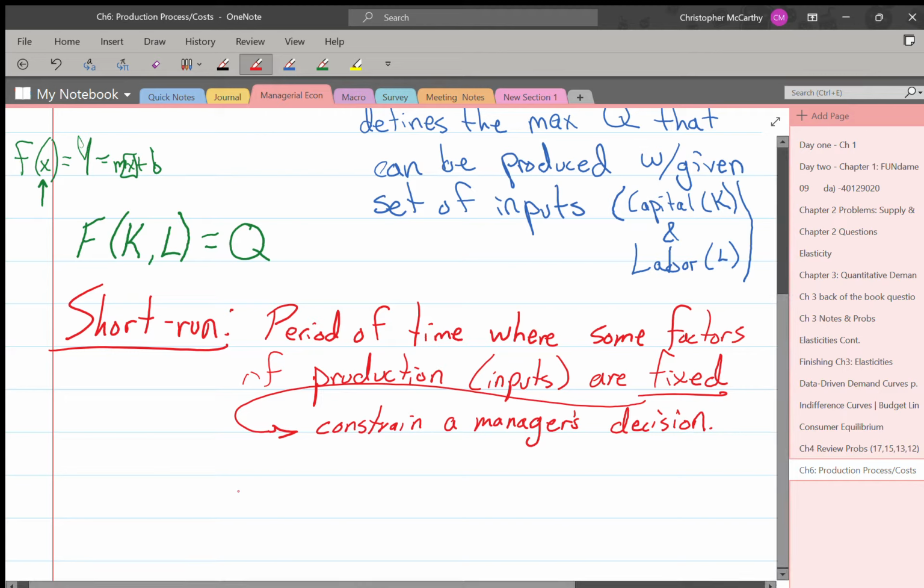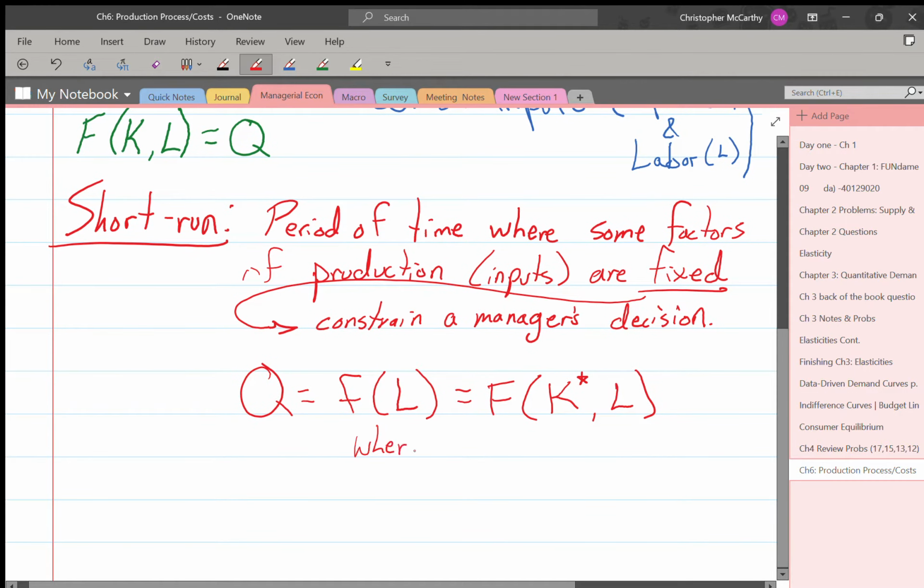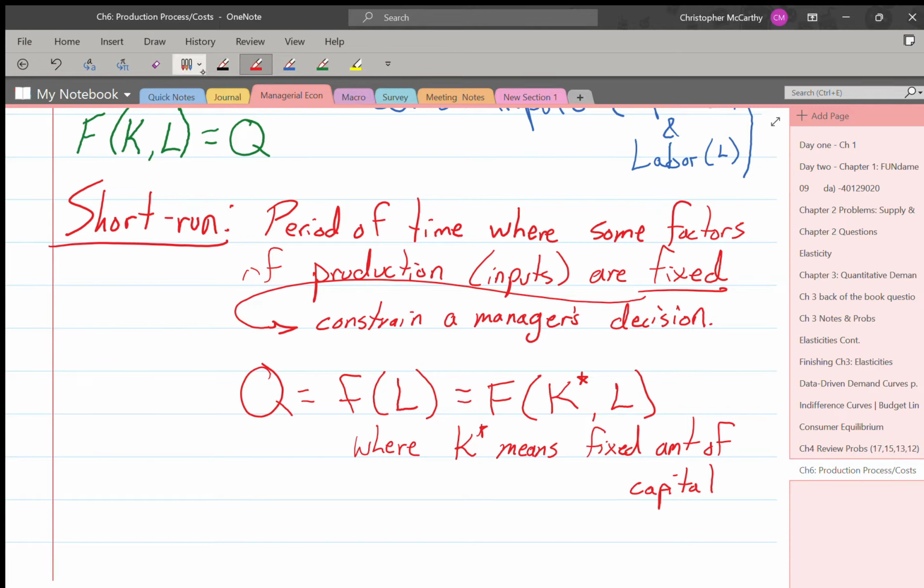So we're going to have a short run production function that's going to look like this. Q equals little f, because it's a single argument function. We know that this is equal to big F with a K star, where K star doesn't mean equilibrium or anything like that. It means a fixed amount of capital. We only have so many robots. We can't just go and buy a new robot from the robot store. It takes some time. Which leads us to our next definition,